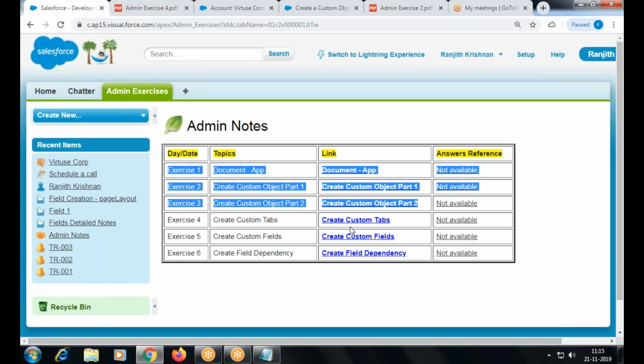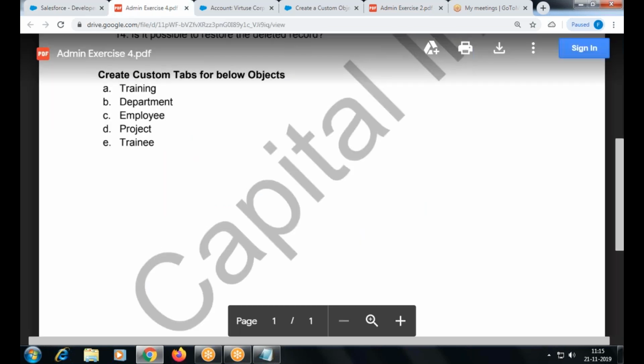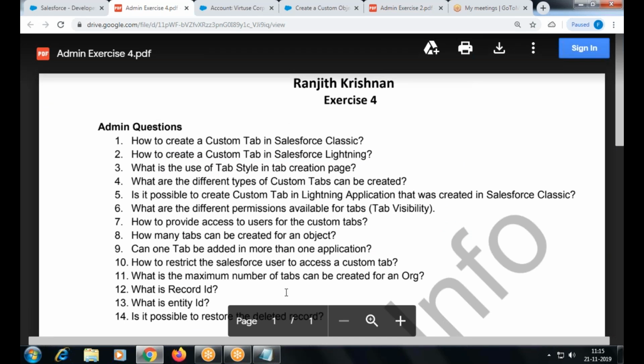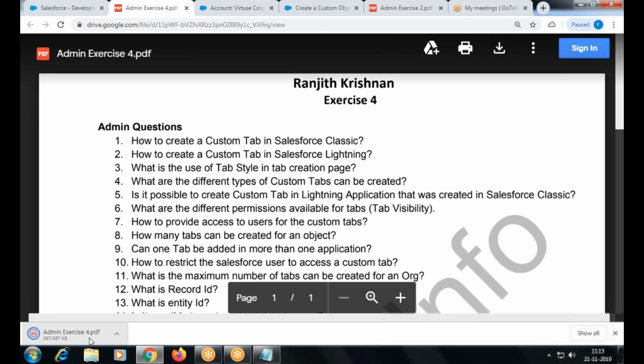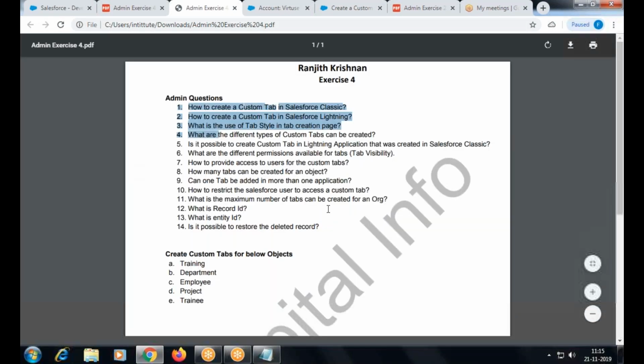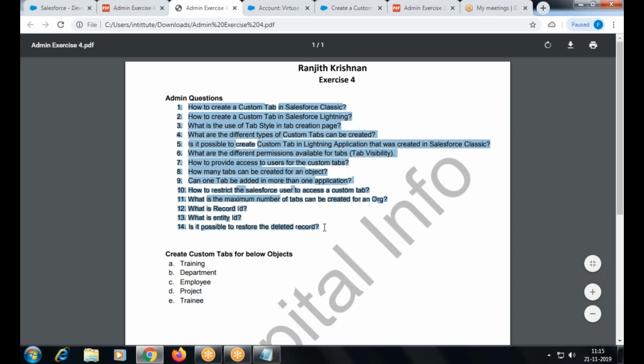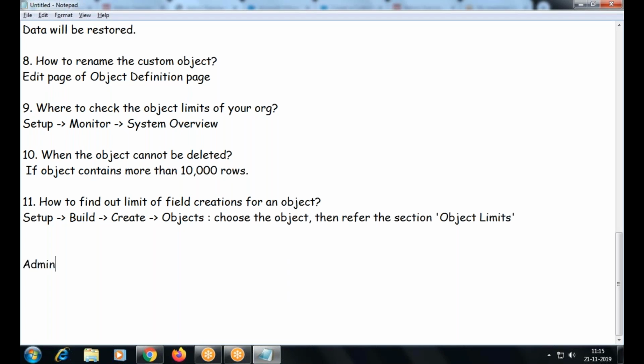Once a tab is created, we are going for fields. Let's answer all these questions. So your admin exercise 4.